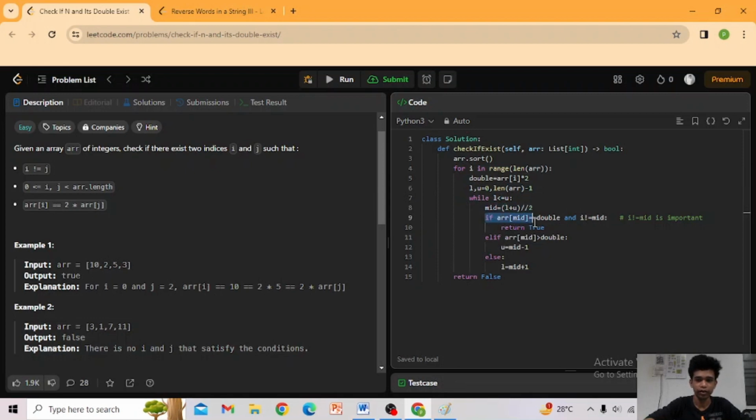If arr of mid is equal to double and i is not equal to mid, here this i is not equal to mid is so important, because if we don't put this i is not equal to mid, then I will show what will happen, right? Then return true, right? If the mid element is greater than double,